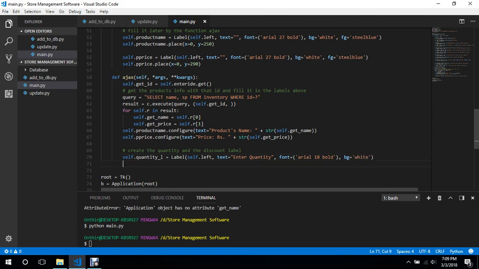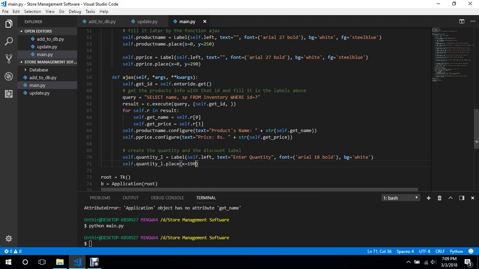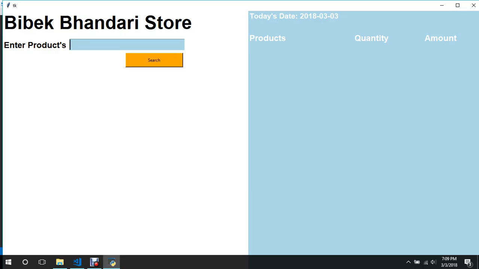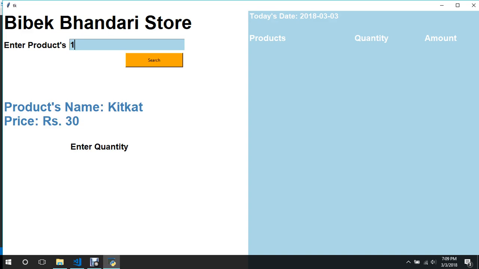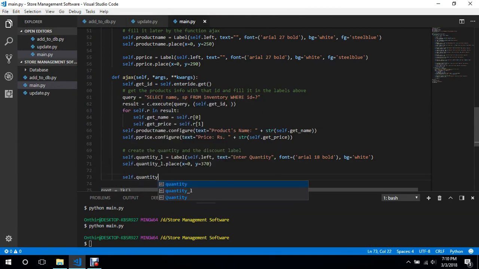BG is white. Self dot quantity L dot place x equals to 190 and y equals to, let's see, 410, 370, I guess 370. Let's just test it. Enter quantity, it's a bit towards right, so we are going to take it towards left, which needs to be 0 actually. So similarly, what we can do is we can say self dot quantity e equals to entry